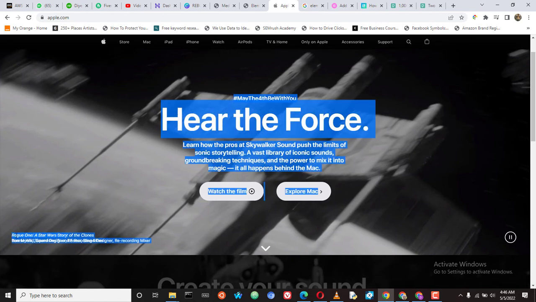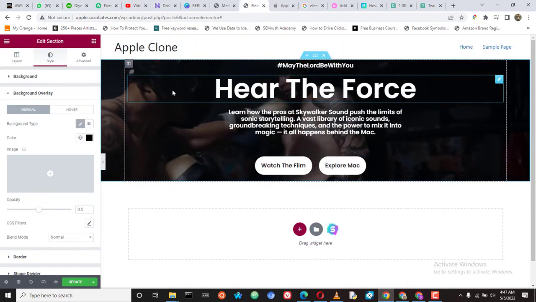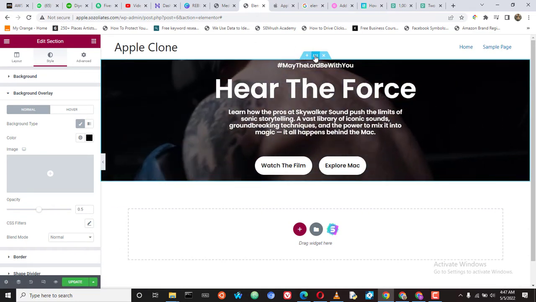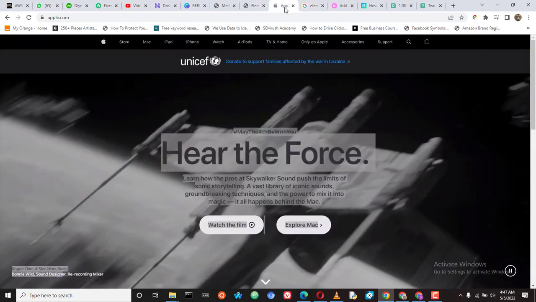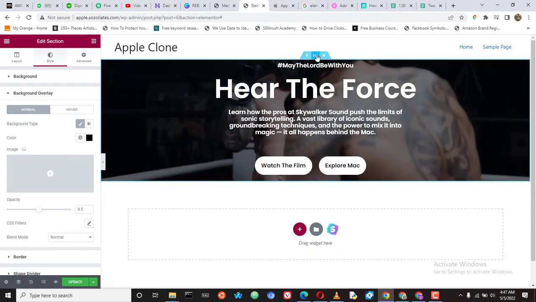We'll just use whatever it copies. We'll copy that, we'll bring it to the bottom. But first of all, let us increase this section. Let us increase this section to be as wide as Apple has it here. So we are going to do that by